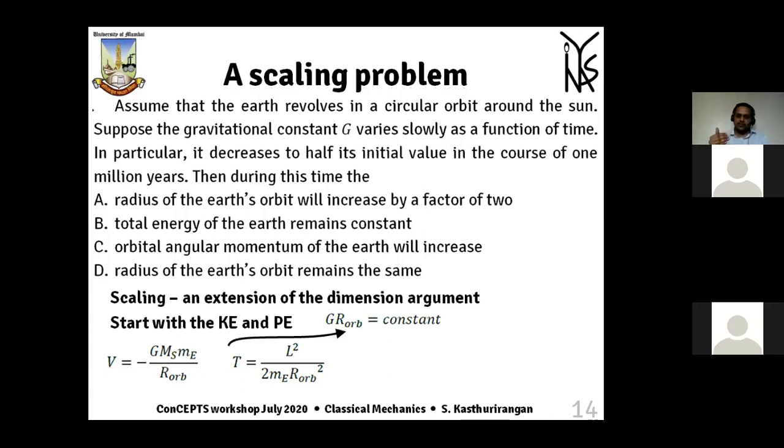It also follows from Noether's theorem. The invariance under time translation is not valid. Excellent. I didn't think of that. But again, G is changing with time. So is it an exact symmetry or not? Time is not invariant under time translation, and therefore energy need not be conserved. Yes, G is varying with time, and therefore the total energy won't be conserved. Okay, I missed that. Thank you, ma'am. Yeah, it follows directly. It is then the same argument as C, conservation law.